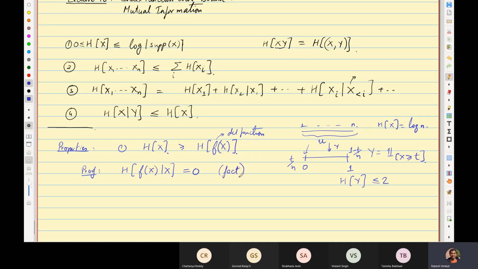This is just a fact. But we know that by chain rule, this is equal to h of x comma f of x minus h of x. So this means